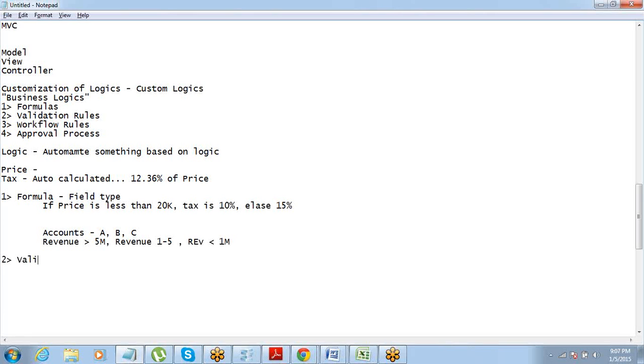The next thing that we are going to talk about is validation rules. We are done talking about formulas. Now, what is a validation rule? As the name suggests, it's a rule. This is not a field type. Formula is a field type. These keywords I want you to keep in mind. Formula is a field type which will calculate the value of that field and automatically populate it. Validation rule is basically